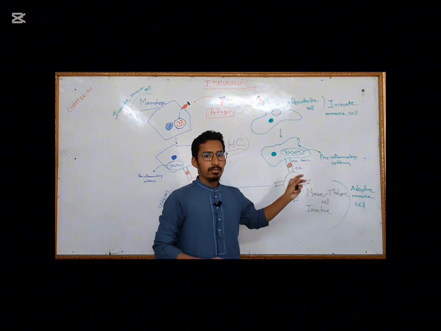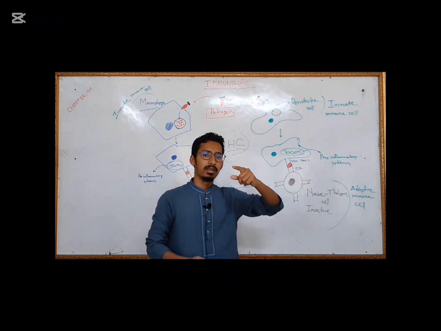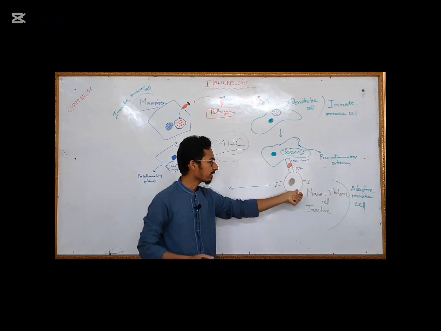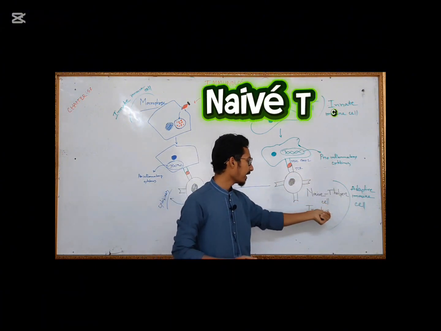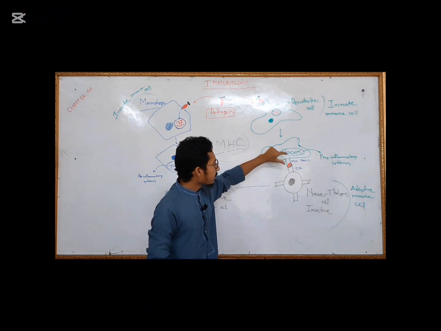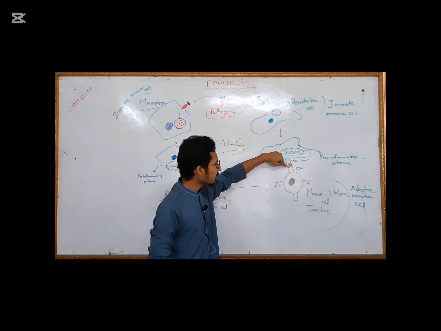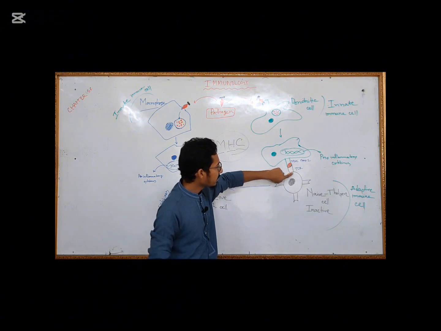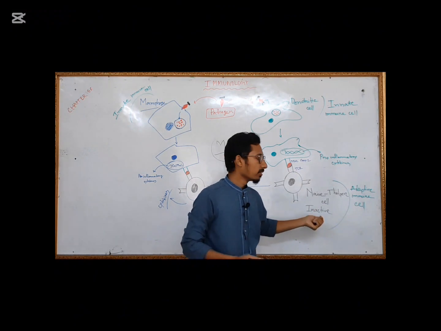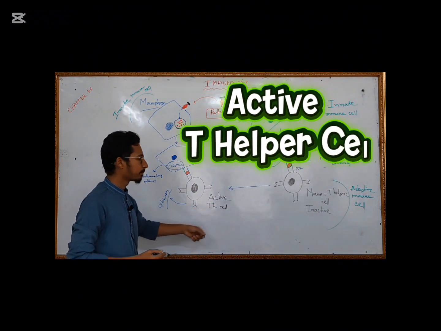But we know that the dendritic cell can move. It moves to the lymph node and binds with the T cell receptor of the T cell. These T cells are naive or inactive T cells. So when this complex is formed by MHC class II with the short peptide, the red colored one, and the TCR or T cell receptor, there is an activation of the naive T cell. Then this T cell is called an active T helper cell.